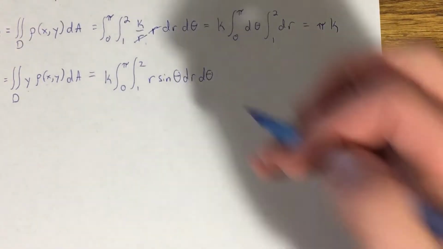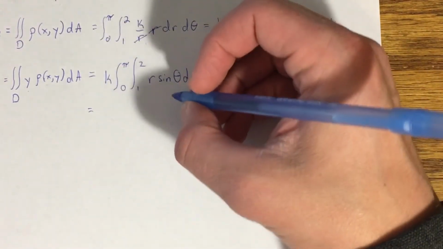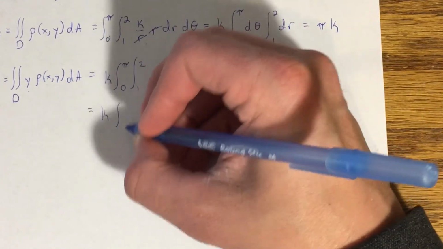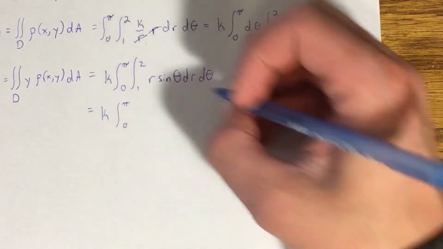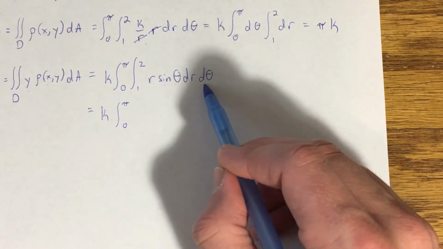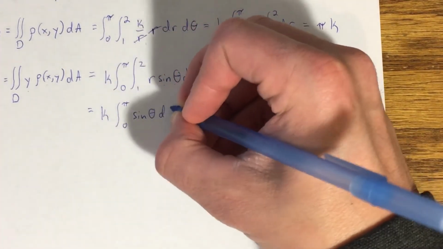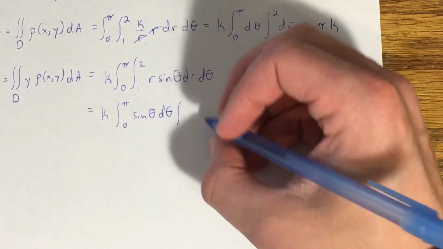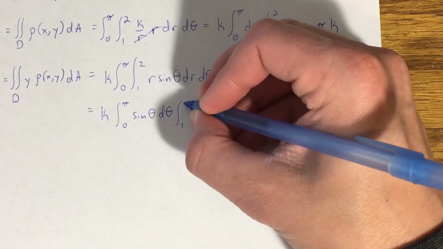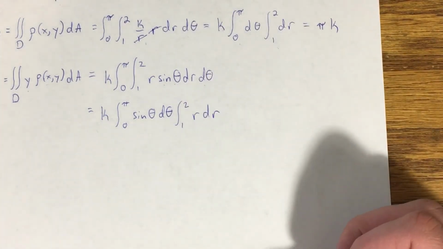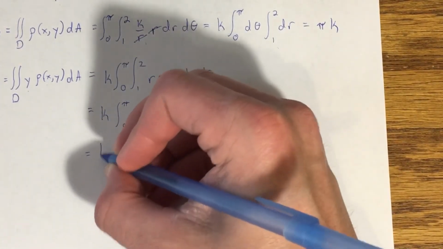All right. I'm going to work vertically here. So let's separate things. I have the k, and theta goes from 0 to pi. Let me take the sine of theta d theta out to that integral. And here we're going to have from 1 to 2 r dr. Okay? This becomes k